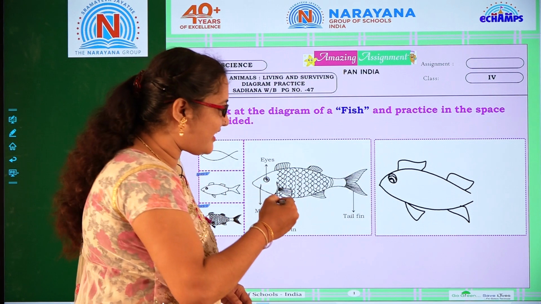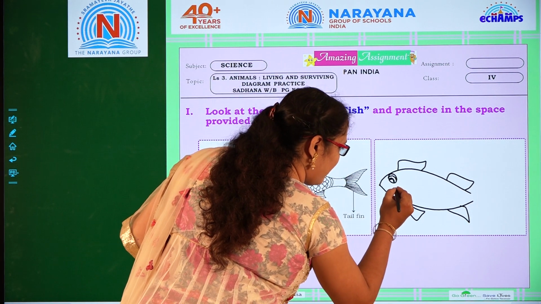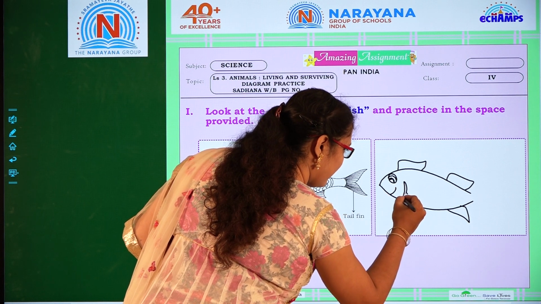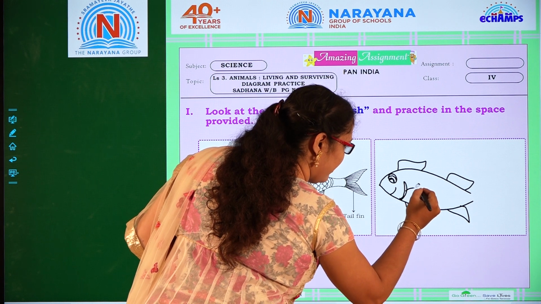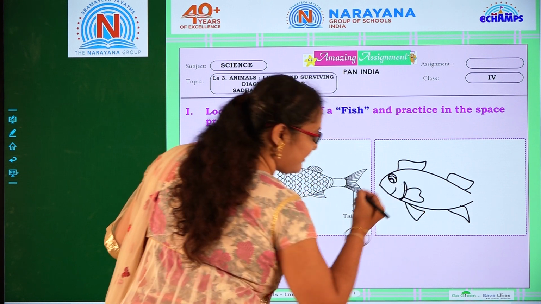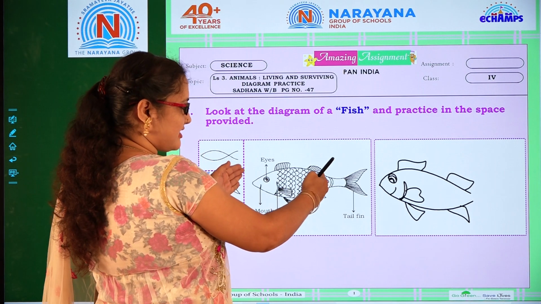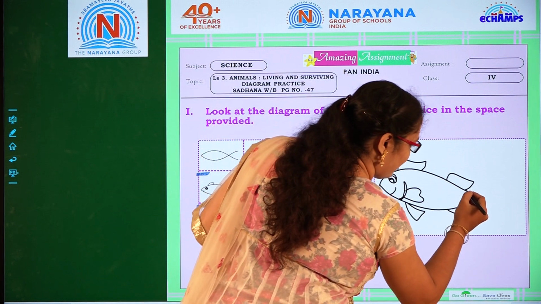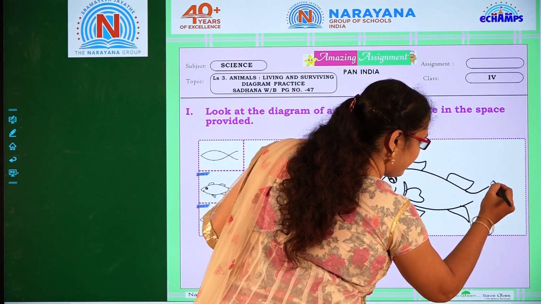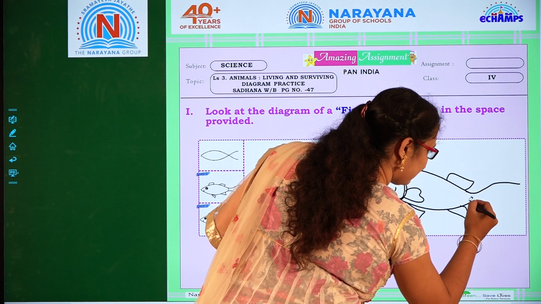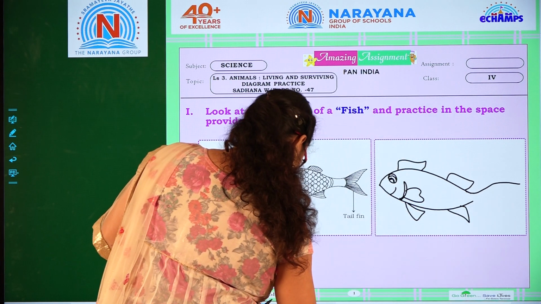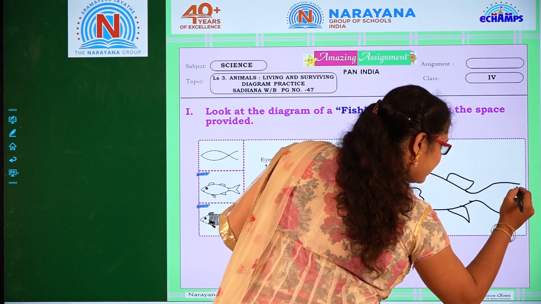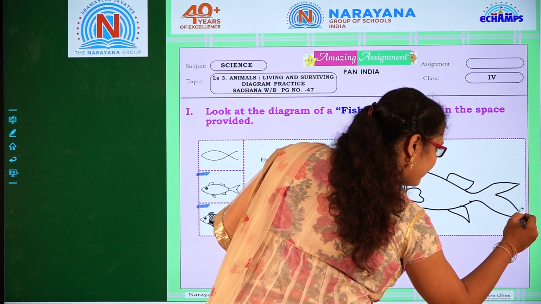Isn't it very easy? Now we are going to draw a small line here, and a small line again, and we are going to draw an M inside. Okay, so now we have finished till here, and we are going to the bottom part of the fish. So it's so easy. We are going to just extend it like this. Yes, from here we are going to put like this.